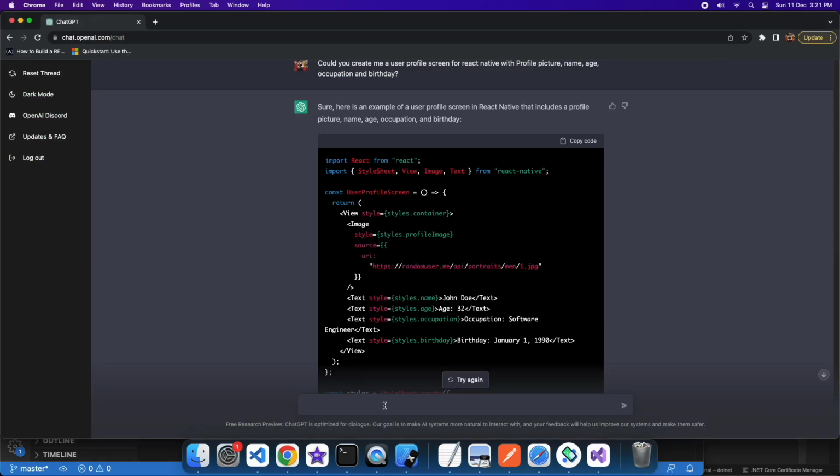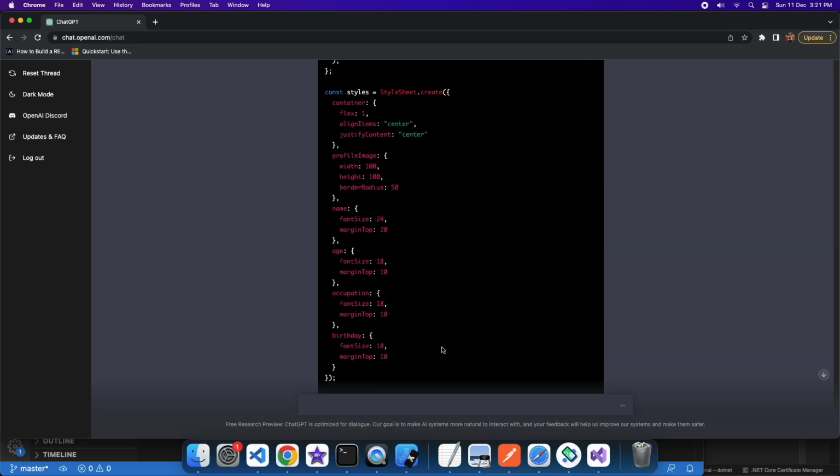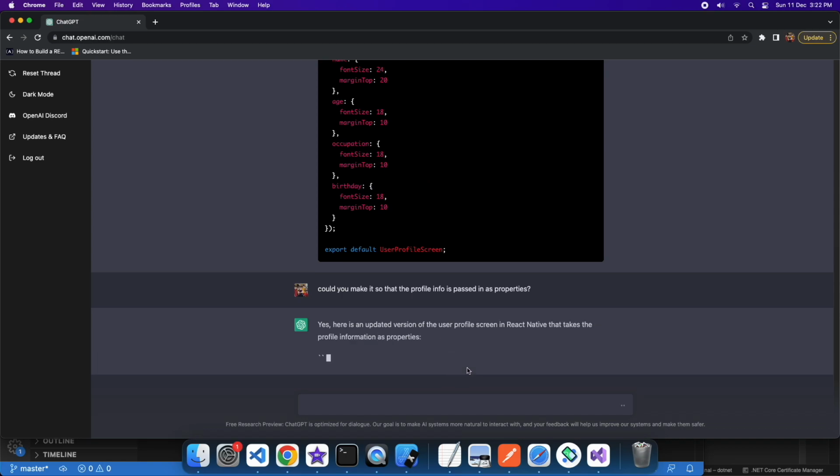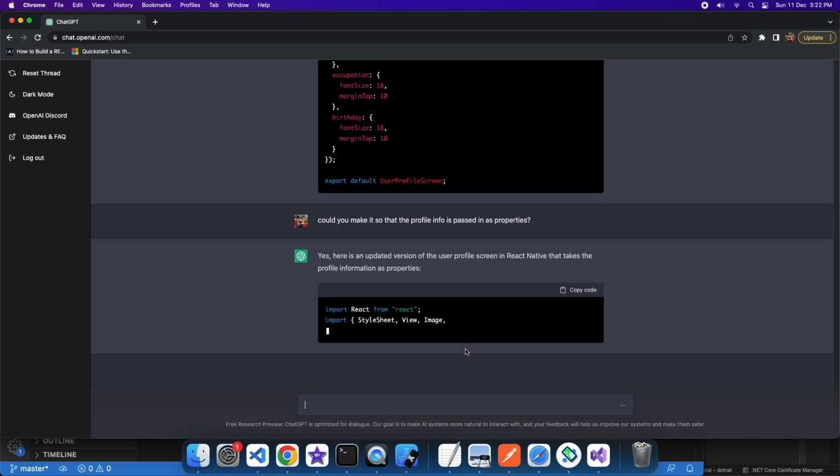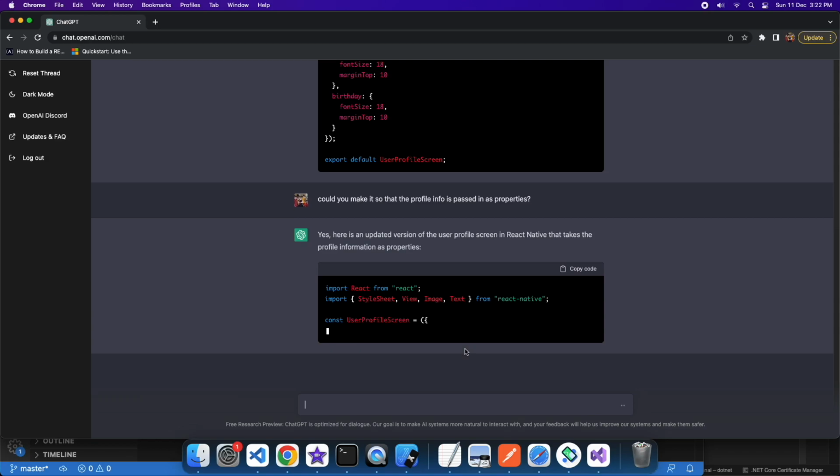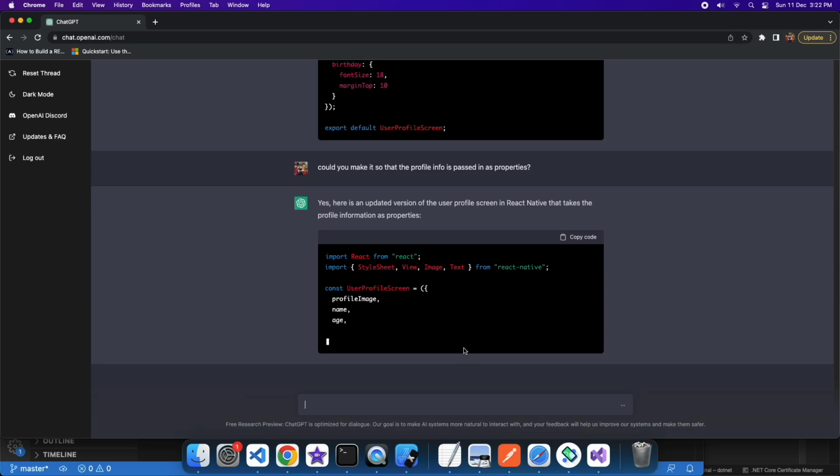So I can ask it to make some changes. I might want to make the profile picture have a shadow, and I want to make the name bold. And I also might want to make it so I could do style changes. And I could also do passing the info as properties, because typically you're going to want components that are reusable, and